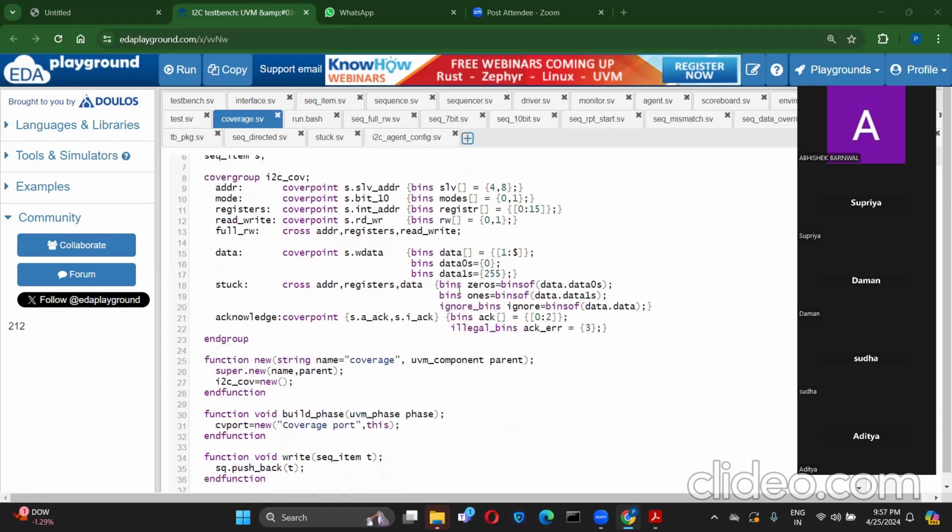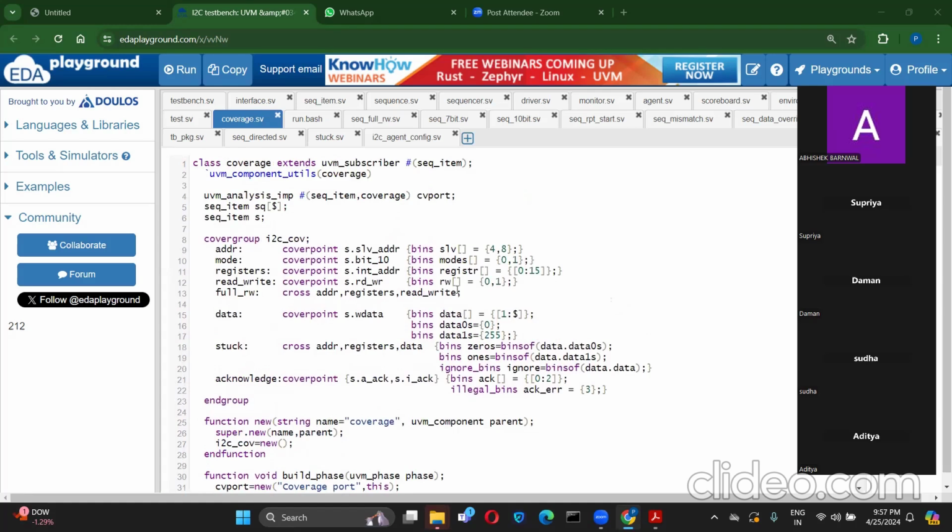Let us see if there is something new which we can understand from this, other than what we have covered so far. This cross coverage also you guys know now. So this way, we will write a cover group in any of the actual industry protocols or in any test cases. Okay.